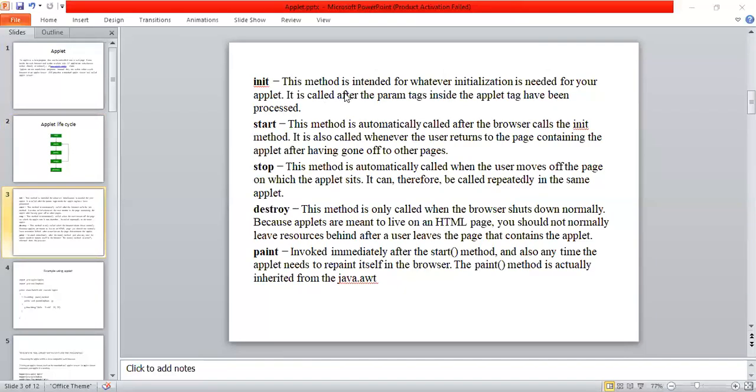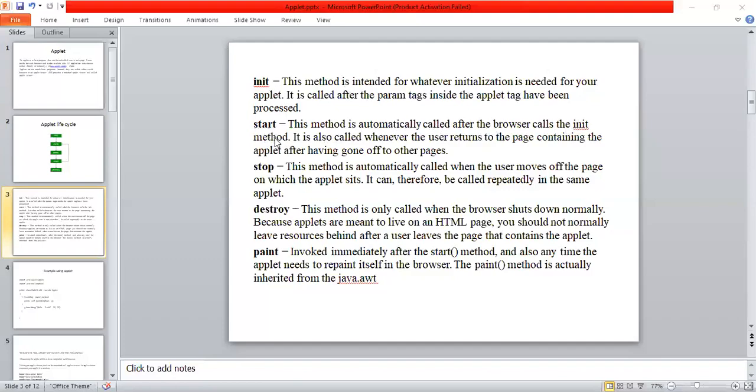Init: this method is intended for whatever initialization is needed for your applet. Whatever we need can be initialized by using the init method only. Then the start method. This start method is automatically called after the browser calls the init method.